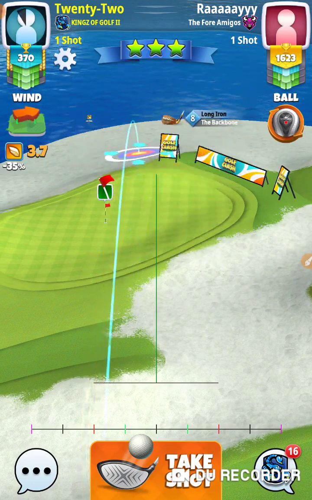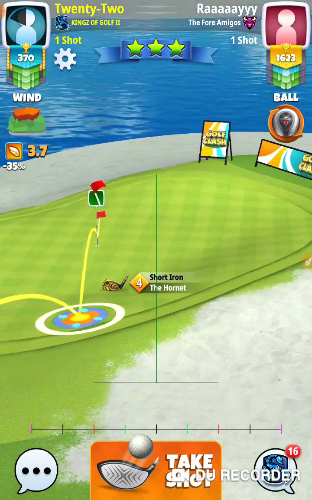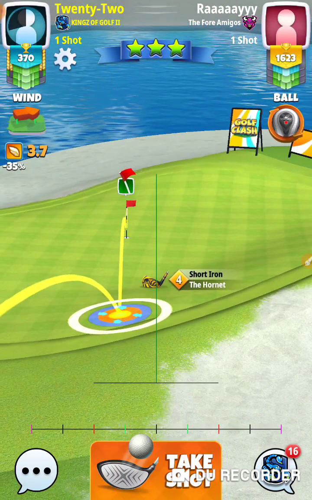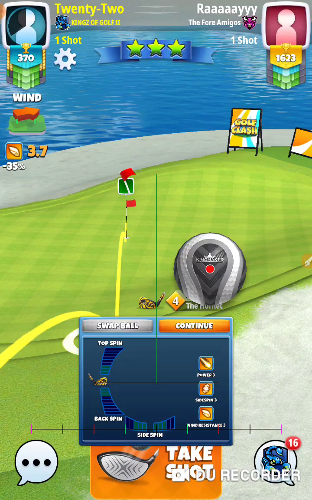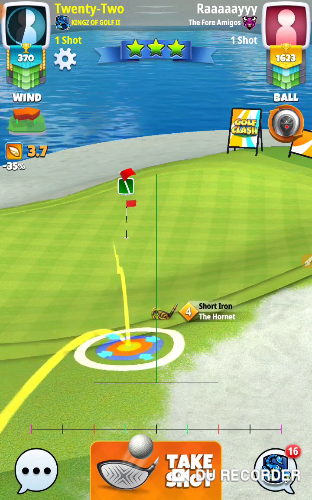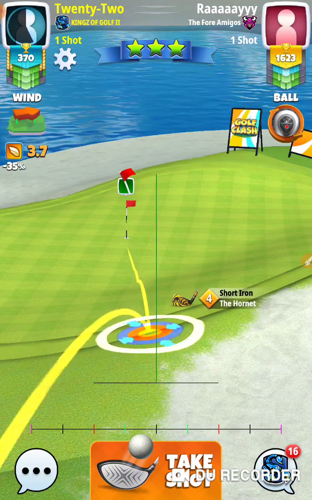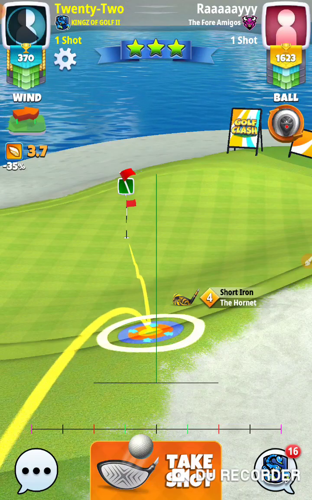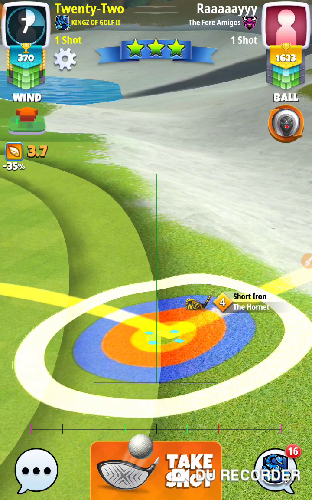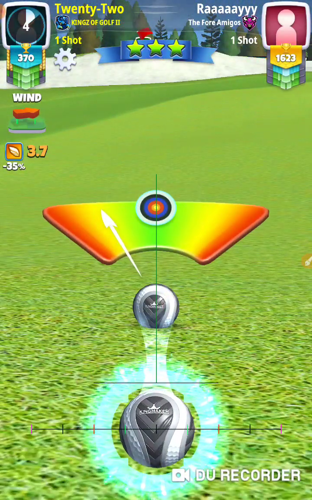Okay, where am I? There's max. There's min. There's max. That's mid. I'm at mid club. And then the wind is blowing that way. It's 3.7. At mid club it's 2.4. 2-4. There's 2-4. I didn't really like that setup spot, but